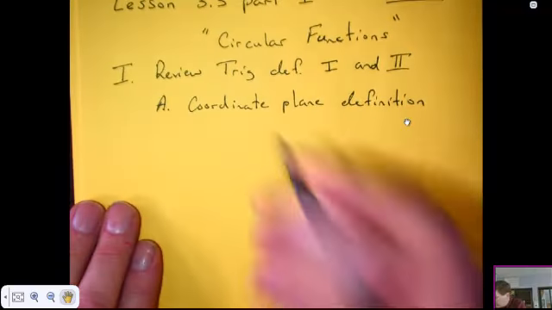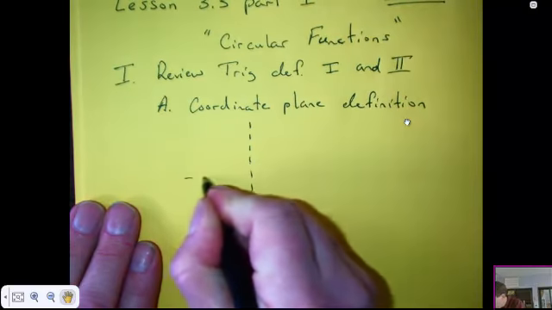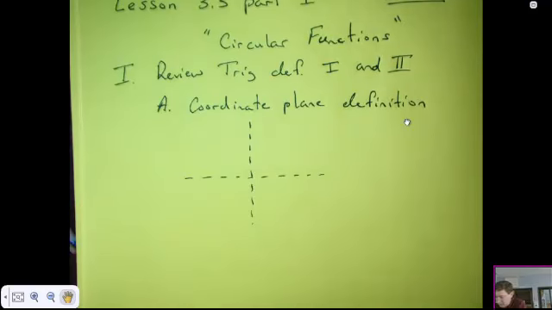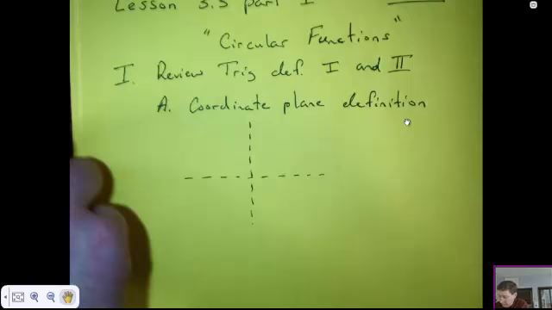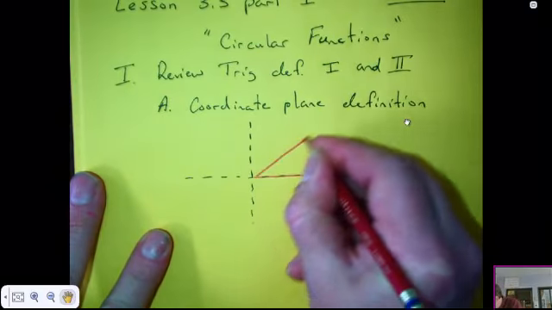Okay, so if we remember this definition, we have, of course, the coordinate plane, and we had to have our angle in standard position. So if this is my angle,